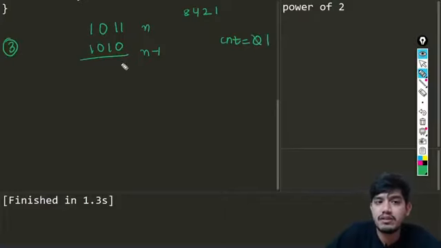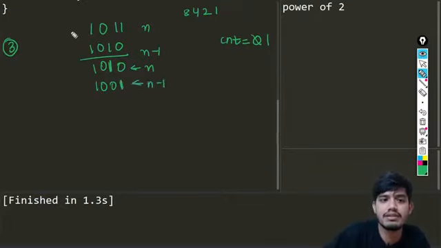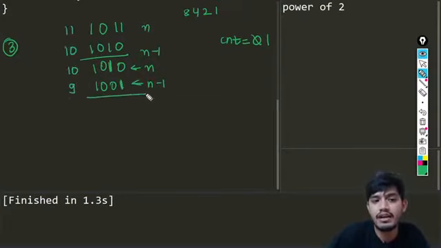So I did it once, and it has changed this value. If I take the AND operation for this one, it will be something like this. So this is my 10 now. Again this value becomes my n. Now again I am doing the operation. We already know that the last set bit will become unset, and all the values that follow will become set. So this is n minus 1, which is basically 11. This is 10. This is again 10. This is 9. Now again I am doing the AND operation, and you can see it removed one more set bit. So I will be incrementing my set count to 2.